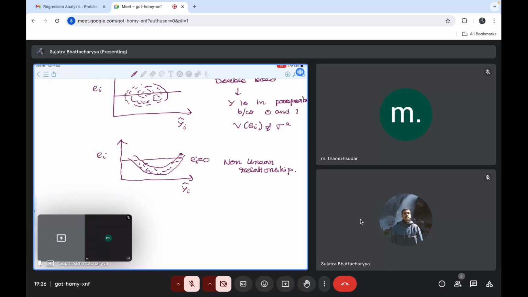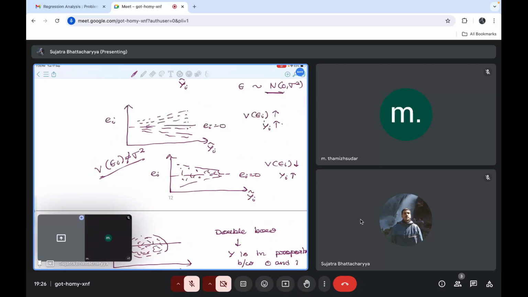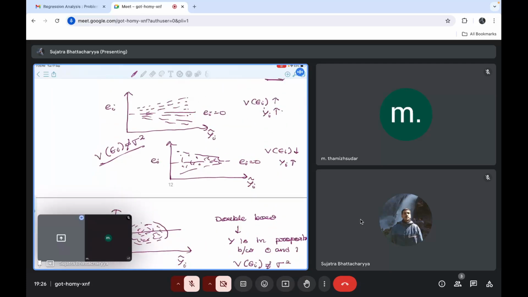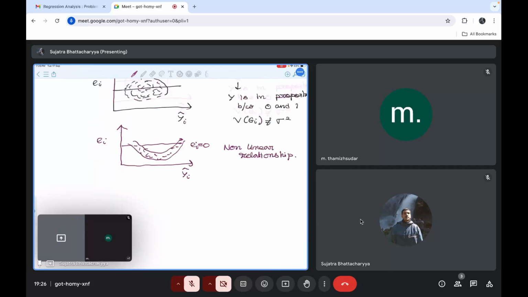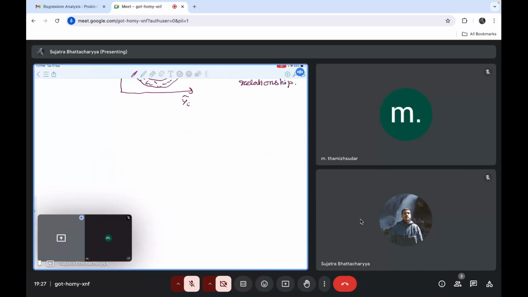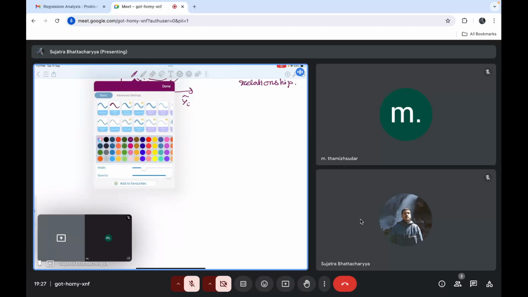Okay, so in the last couple of cases, the variance of epsilon i will not be equal to sigma square. Fine. So if this kind of case exists, then what transformation can we do to correct the model? So for that, we go ahead with